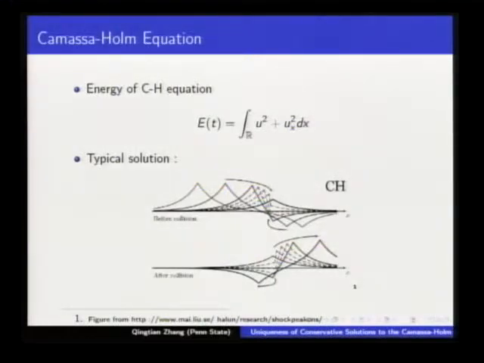And the energy of the Camassa-Holm equation is like this. If you take the time derivative of E, then we can prove that this energy is preserved by the smooth solution. We can see from here that this energy is equivalent to the H1 norm of u. So generally speaking, we expect u to be in the H1 space. And in fact,